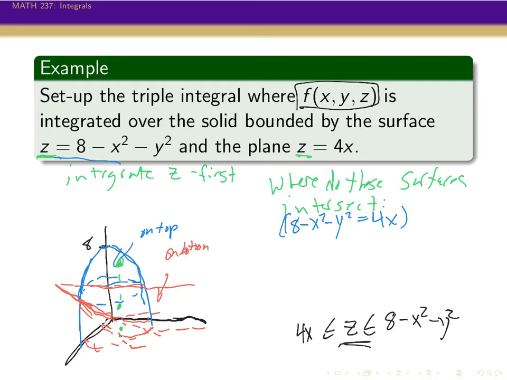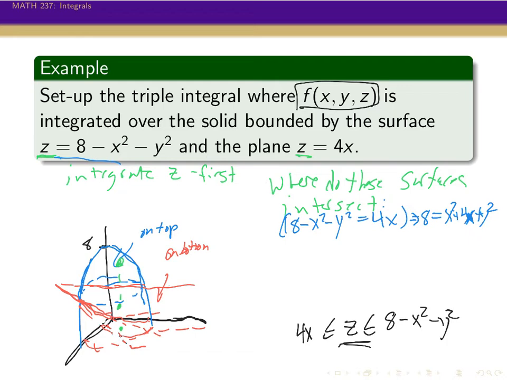Okay, so we can rearrange this, have this as 8 is equal to x squared plus 4x plus y squared. Okay. You know, my mathematical knowledge is telling me that this is going to be a circle,